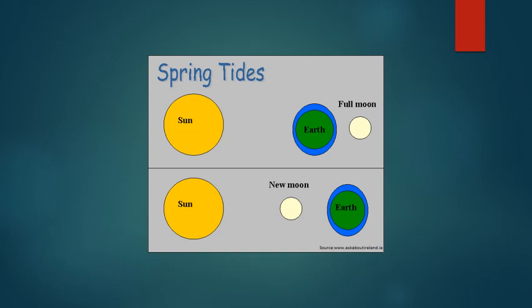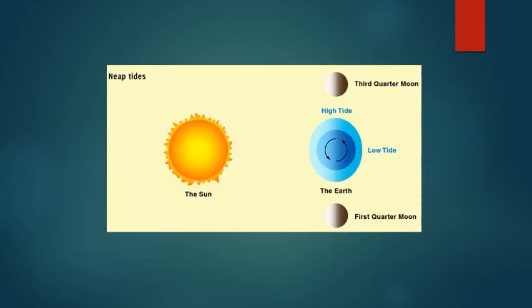When the moon is at perigee, perigee meaning when the moon is closest to the earth, the spring tides are still higher. And if it occurs around the first week of January, especially during perihelion, the highest spring tides are produced then. The second type of tides is the neap tides.